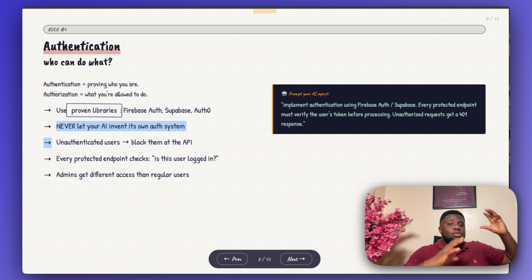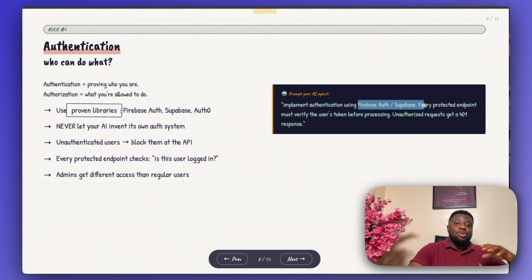Then here's the good part. Because you're already building most of your functions as APIs, most of these platforms like Firebase or Supabase already have authentication mechanisms. When I say authentication mechanisms, I mean they already have ways to verify that a user is a logged in user, is a real user. So you can tell your AI agent to use those methods to verify that this user should have access to your API, your backend logic. All that logic is hosted on the cloud. You can say, okay, make sure that this user has the right access to it, or create the most secure mechanism for them to have the right access to these systems.